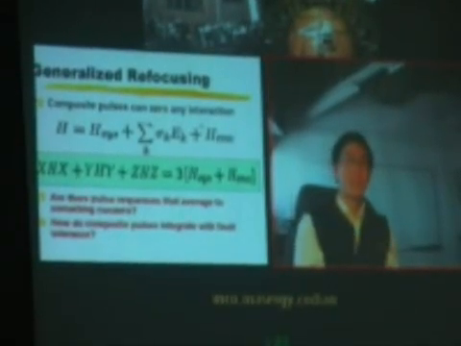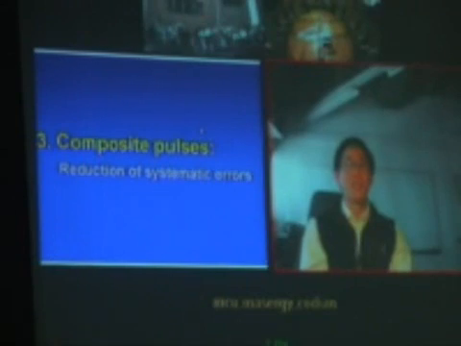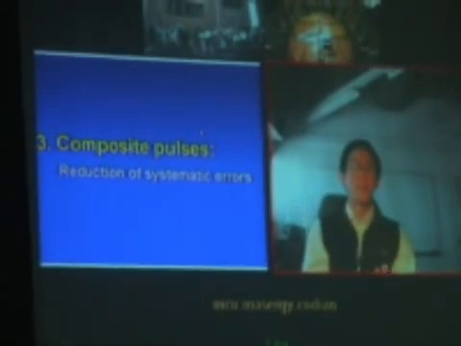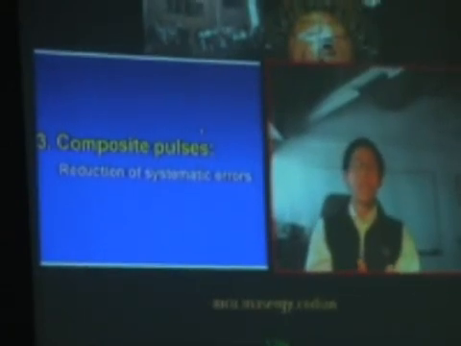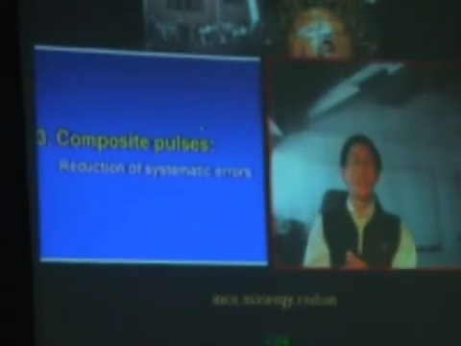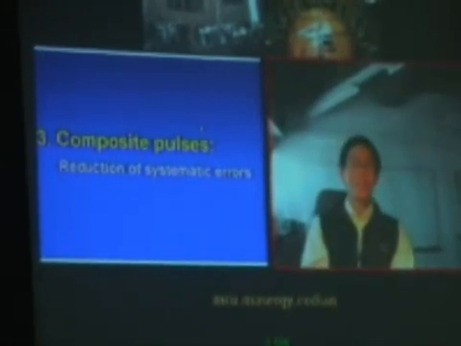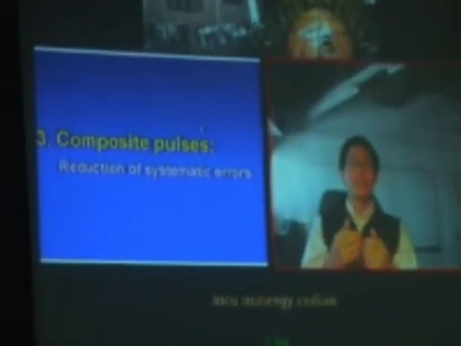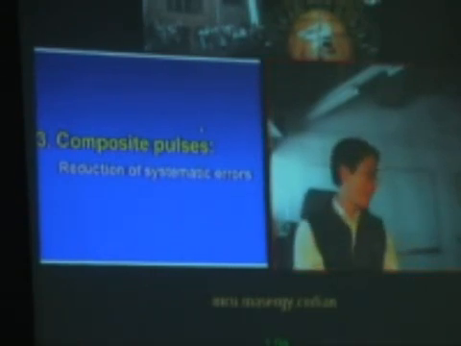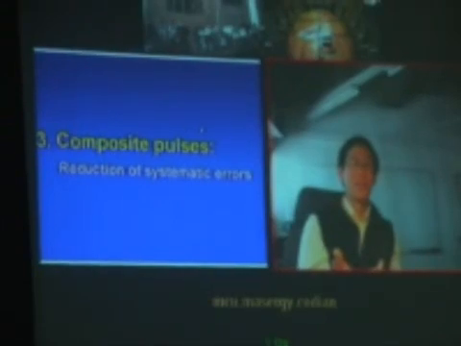And now let me turn to my third example of quantum control ideas from quantum computation. This third idea is the notion of composite pulses. And this is a field that is very old in the art of nuclear magnetic resonance, but in terms of quantum computation, it's relatively new. And the most exciting thing here is a recent addition back to the body of work of composite pulses that arises due to the theorems of quantum computing. The example I will give is a description of how this technique can be used to reduce